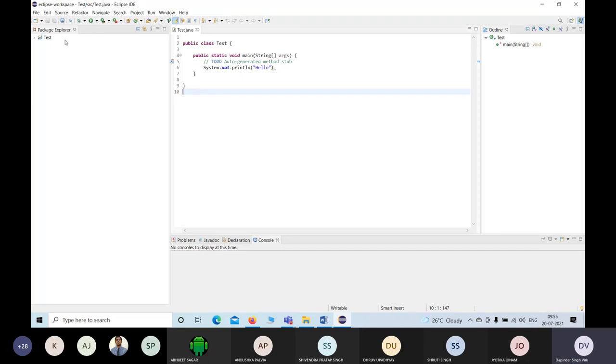So in order to associate this JDBC driver with your Eclipse IDE, first of all, you need to create a project, the Java project. In my case, I already created the test, right? And after that,